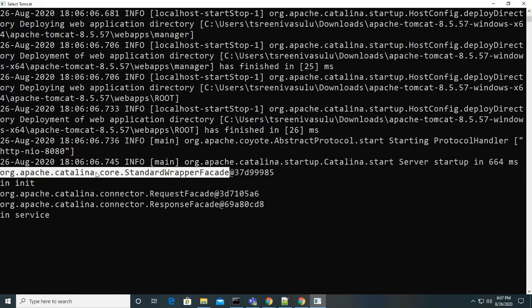This is the class implementing which interface, guys? Servlet config, sir. Correct. So it is the servlet config implementation class.